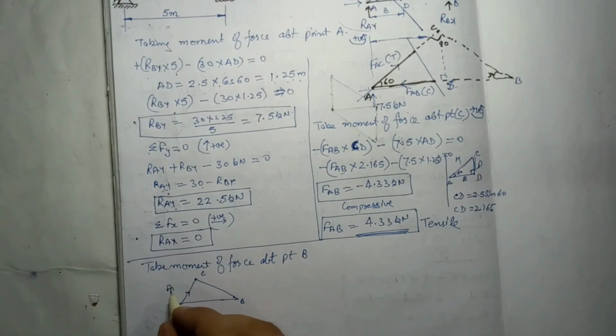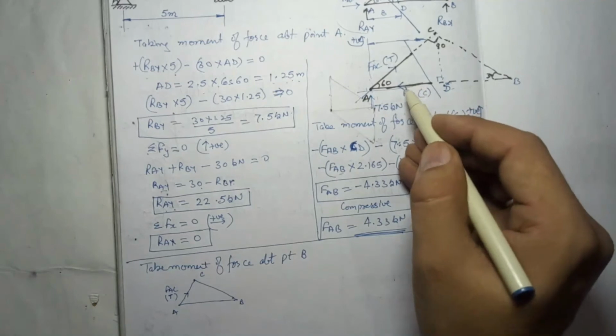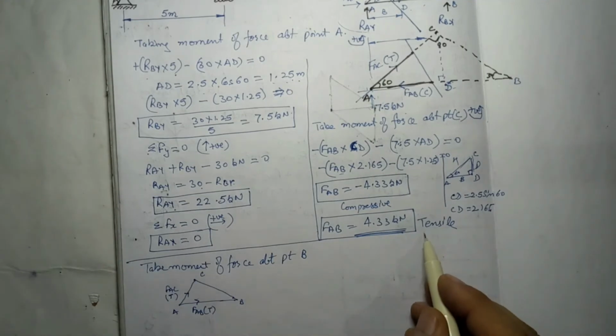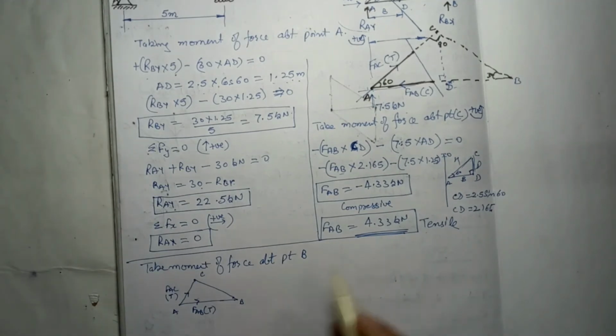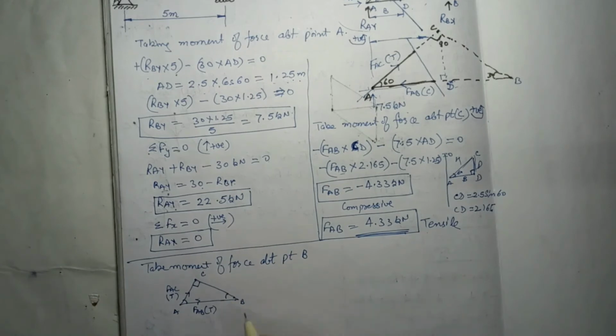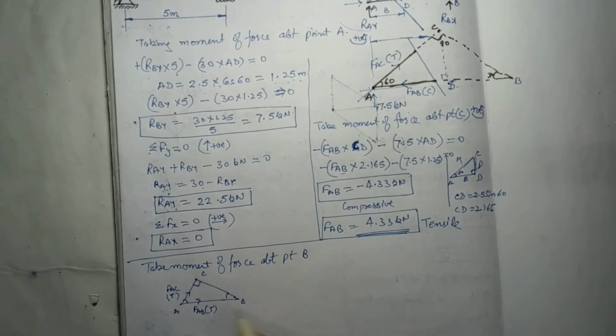So this is FAC, and we have taken it tensile. I'm making the same diagram here, and this is FAB, that is tensile, because we found this now. So we will take the found value on this side. After that I can say this is 90 degrees, this we know is 60, and this is 30. So we will do the calculation as per this diagram now.